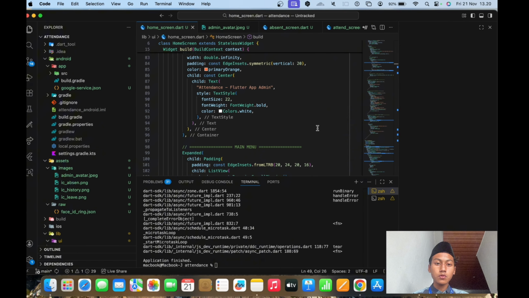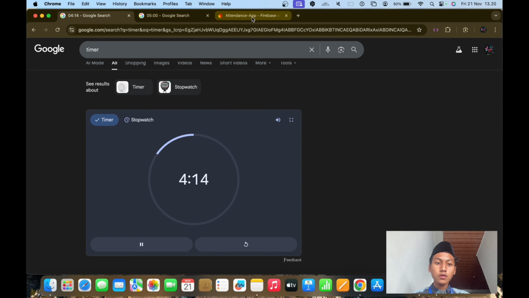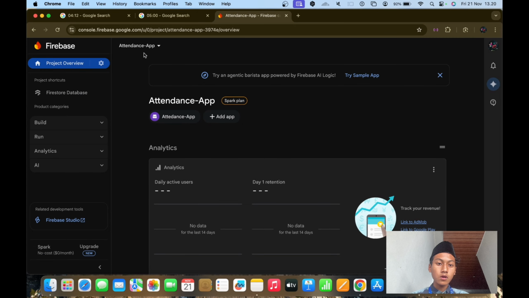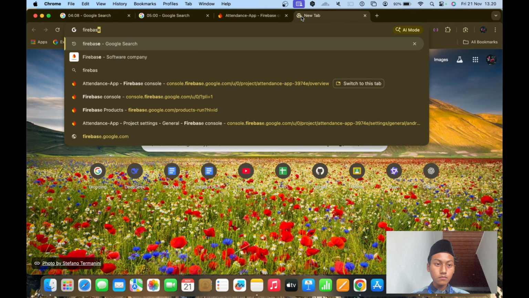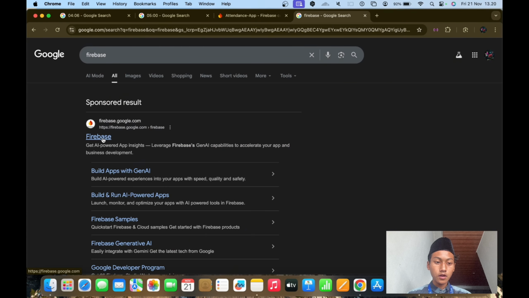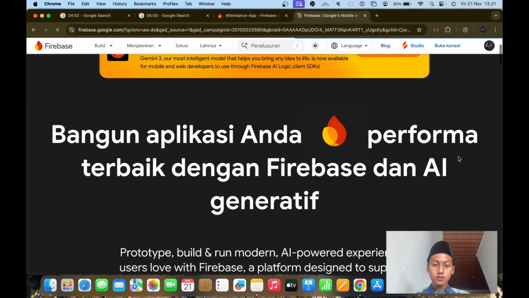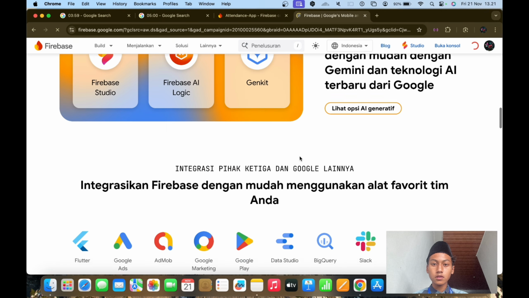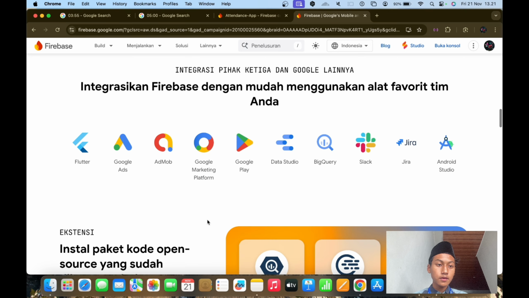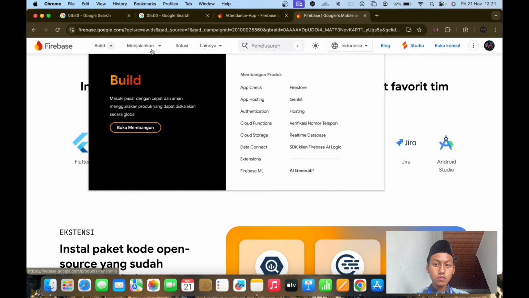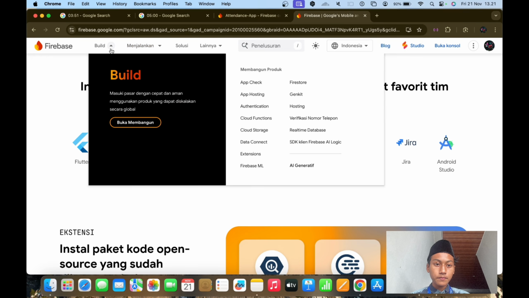After you make a project, you can go to Firebase. Firebase looks like this. This is the Firebase UI, and then you can go to Build.